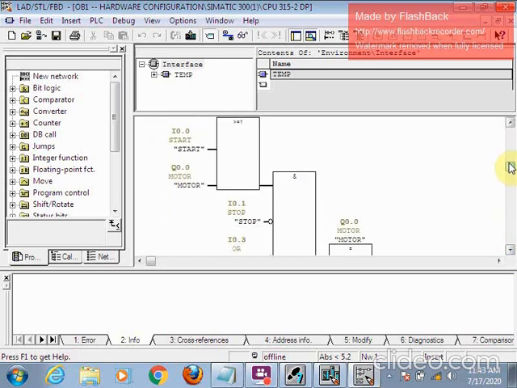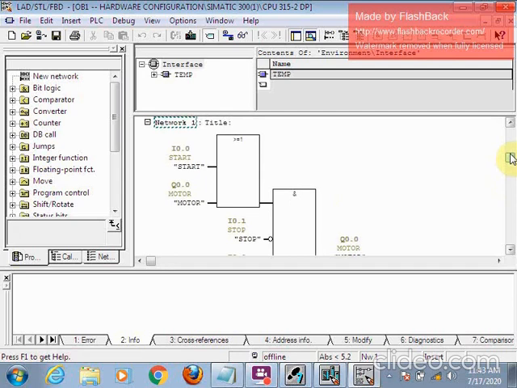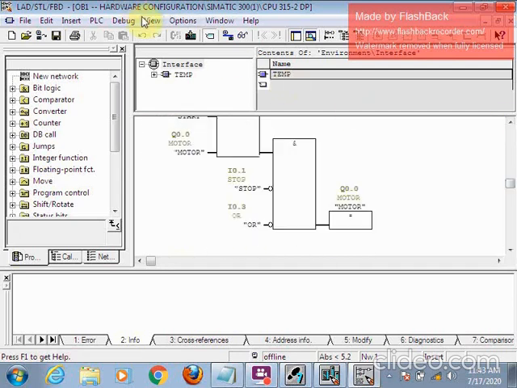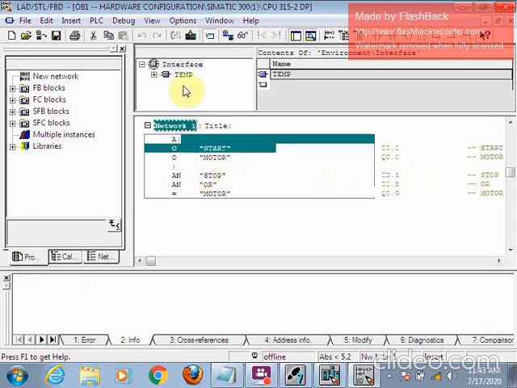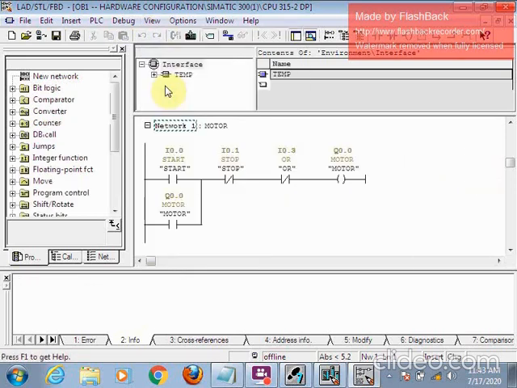In FBD we use gates like AND, OR, and STL is a statement type language in which you will use statements. One thing to remember is that ladder is convertible to FBD and STL. FBD is also convertible to ladder and STL, but STL is not convertible to ladder or FBD.